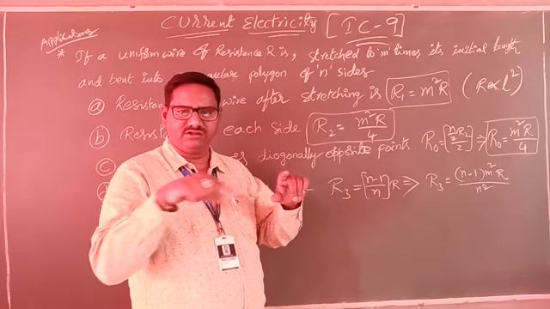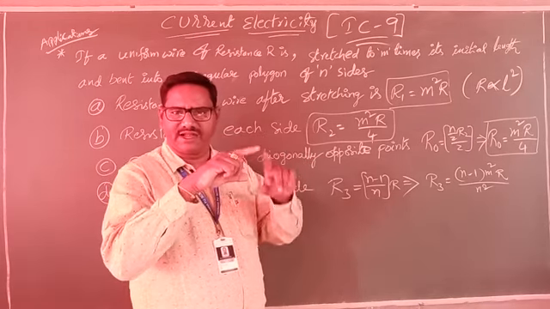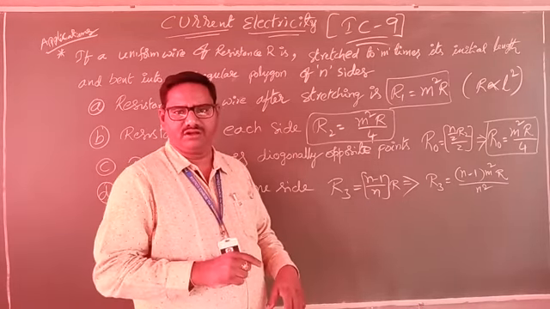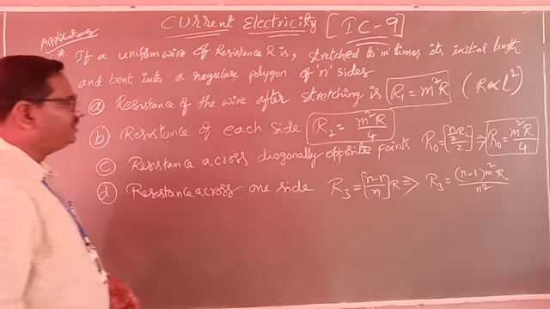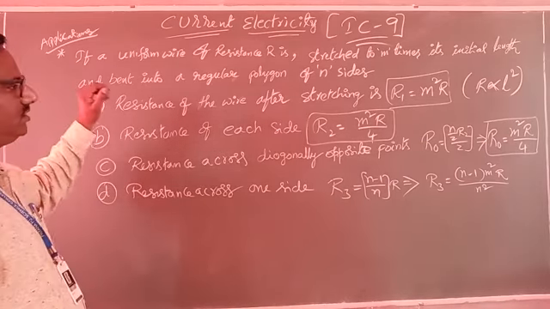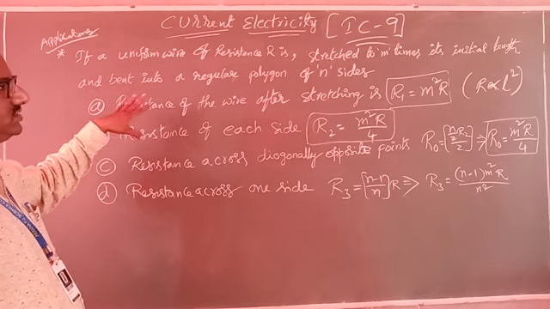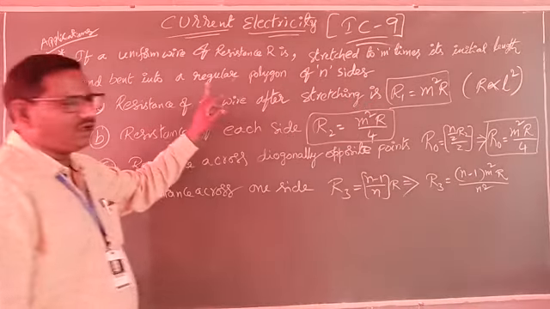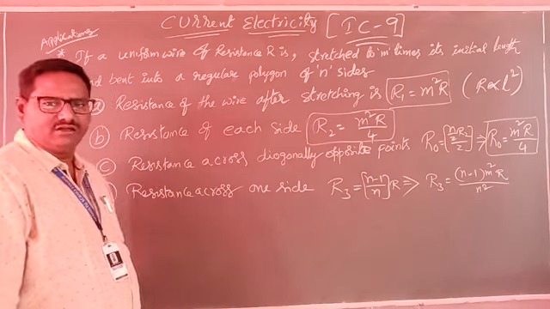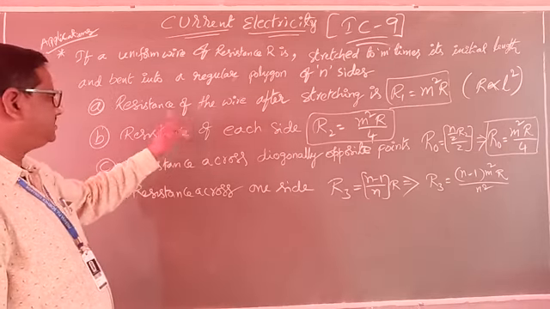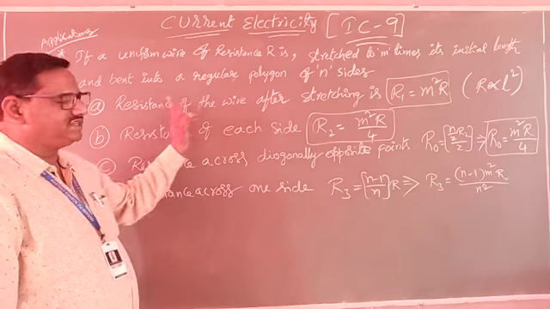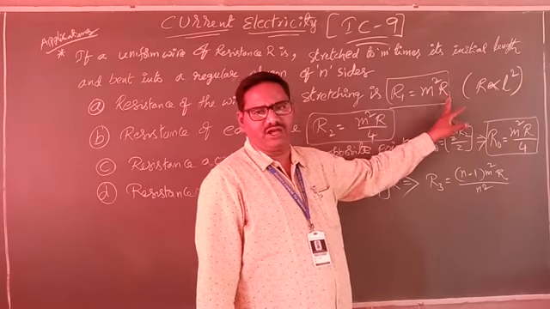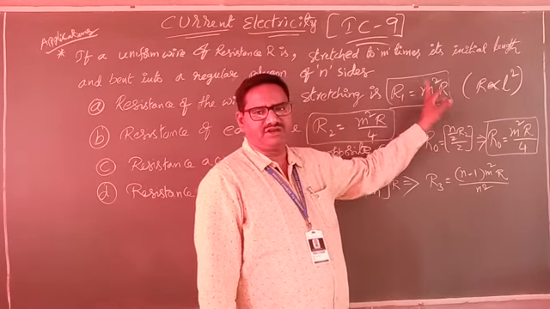Now, if I want it bent into 3 equal parts, that is nothing but a triangle. If you want it bent as a square, then it will be 4 parts, like that. If more than 2, it is nothing but a polygon. If a wire of resistance R is stretched m times its initial length into n sides of a polygon, then after stretching the wire, the resistance R1 equals m square into R.